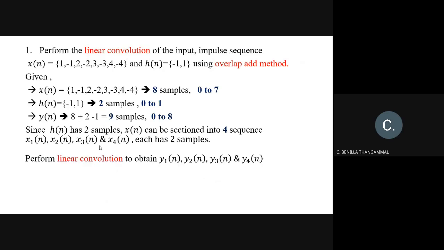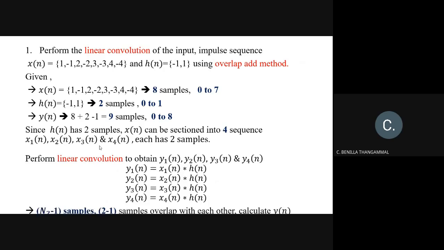Then I'll perform the linear convolution to obtain y1 of n, y2 of n, and so on. The last step: n2 minus 1 samples will get overlapped. So here n2 is 2, so 2 minus 1 samples will overlap with each other, and we'll add them together to get your y of n, right?